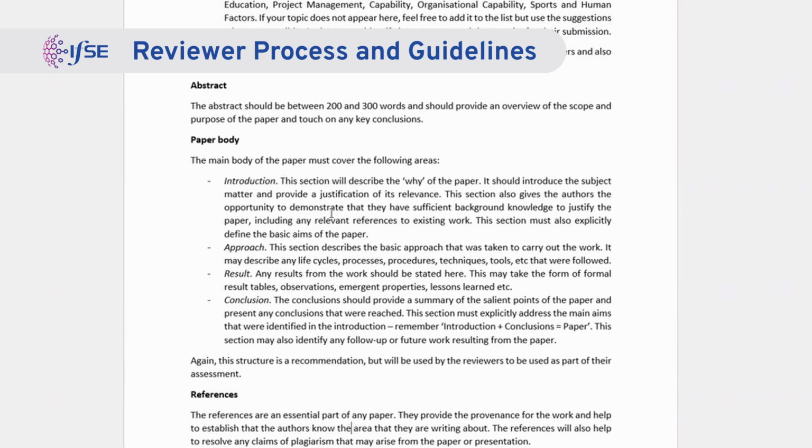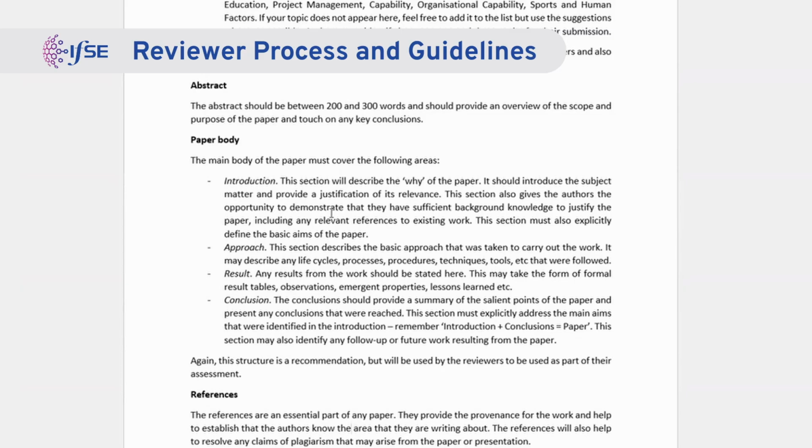But if your paper is, for example, focused on a specific application, so last year we had a couple of papers on HS2, it's difficult to redact all the information relating to HS2 from the paper. So we do a basic level of redaction of information. We do a basic level of anonymizing, and that is we remove all reference to the author's names and their organizations and the project.